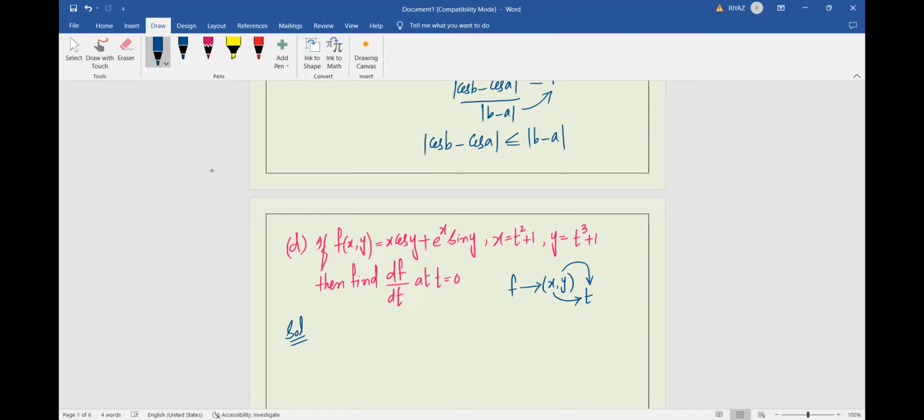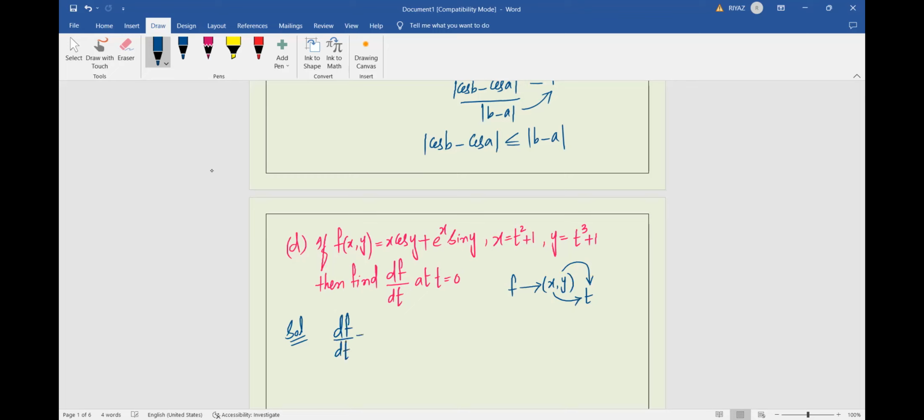मतलब f को x और y की रेस्पेक्ट में डिफरेंशिएट नहीं करके डायरेक्टली थर्ड वेरिएबल t की रेस्पेक्ट में डिफरेंशिएट करने को टोटल डिफरेंशियल कोएफिशिएंट बोलते हैं। ठीक है, तो वही पूछ रहा हूं आपसे यहाँ पे df by dt की वैल्यू, मतलब ये दो वेरिएबल को छोड़ के डायरेक्ट थर्ड वेरिएबल को डिफरेंशिएट करो, दैट इज कॉल्ड टोटल डिफरेंशियल कोएफिशिएंट्स। तो उसकी वैल्यू कैसा निकालते पहले वो देख लीजिए।